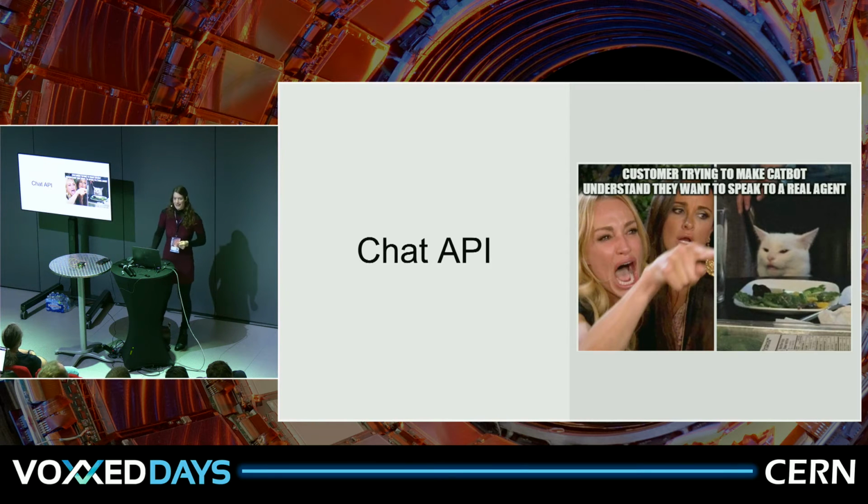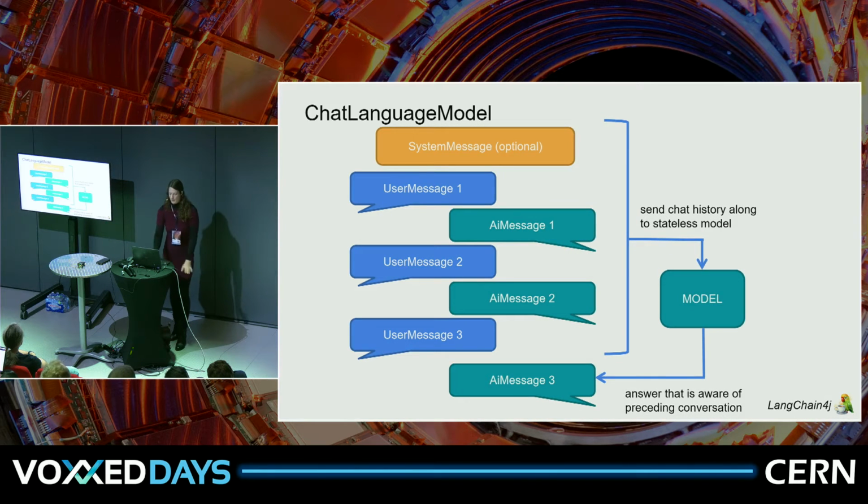Right. Next thing is chatting with it. It's important to know that the models are stateless, and that's why we will have to take care of handling all the memory. And you can either, with LangChain4j, do this manually, or you can use our integration that makes it really super simple. So this is how it works. If we send a message to any model, it will not know what has been said before, hence we should give it along. In this example, we want to send message 3 from our conversation. We have to give back all the messages we've sent before and all the answers we've got before, so the model actually knows what we were talking about.